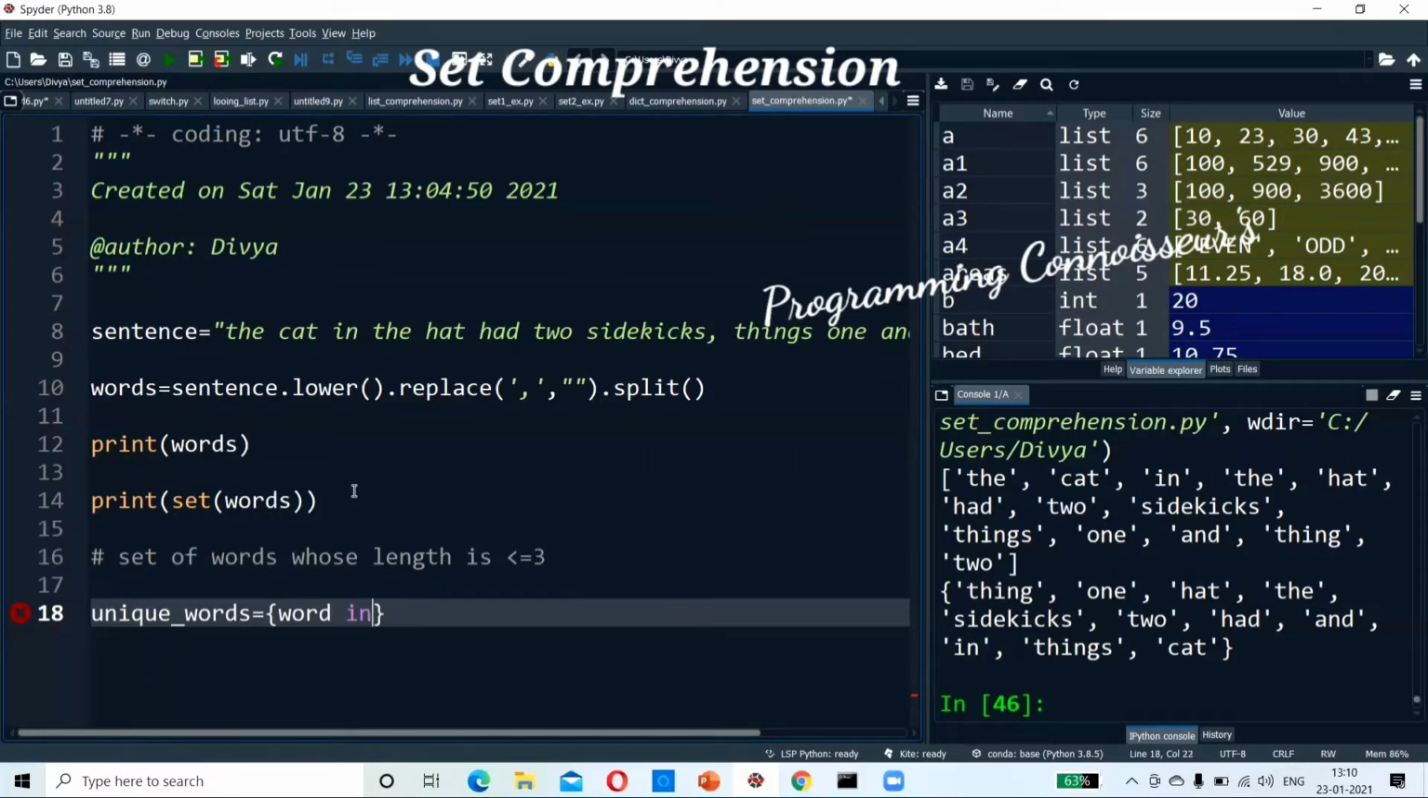For word in words, it means all the words will come. But our condition is whose length is greater than or less than or equal to 3. So what do we want to write? If len of word